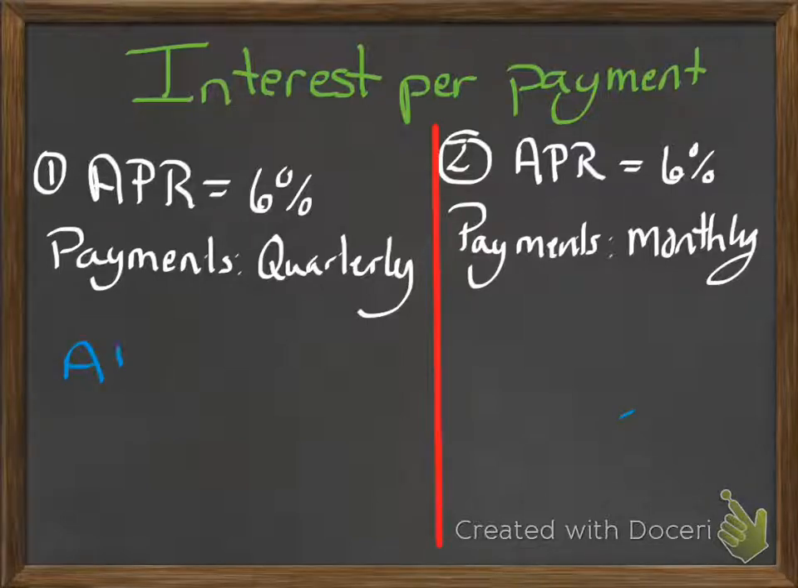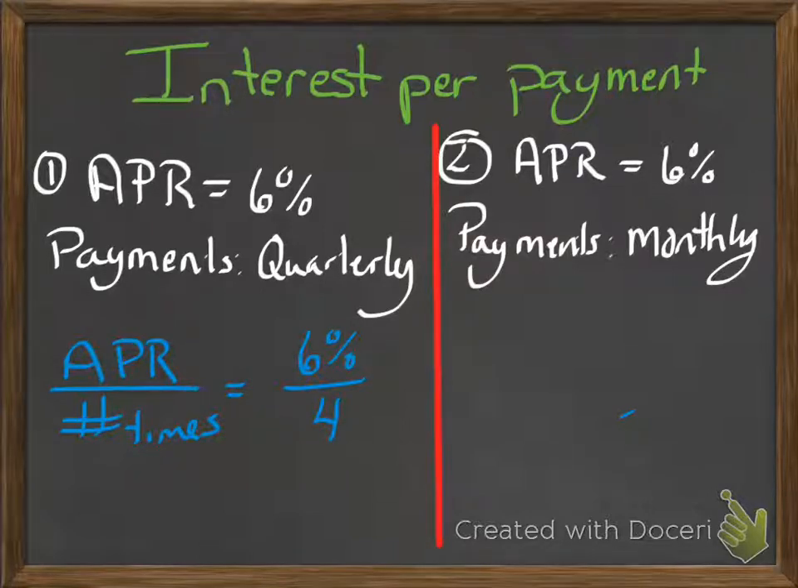You take your APR and divide by the number of times. So here we have 6% divided by how many times would you make payments if you're doing it every quarter? 4 times. So if you're doing it quarterly, go ahead and calculate what percent that is when we divide those. 6 divided by 4 is